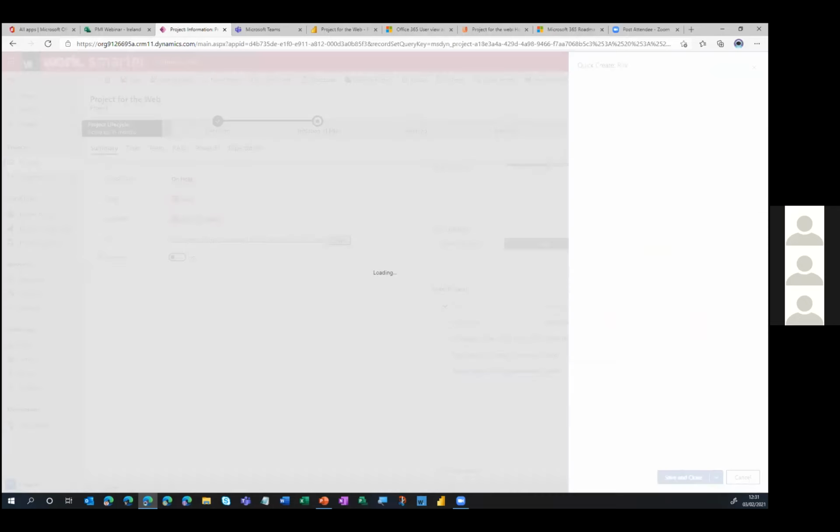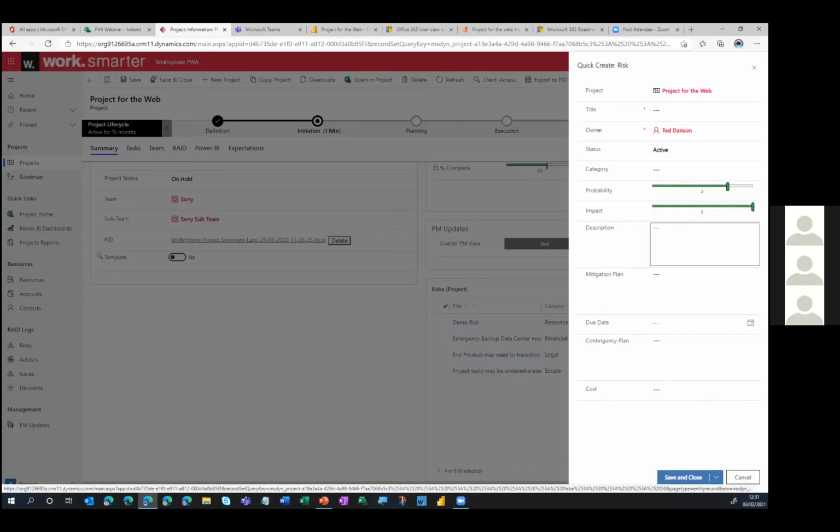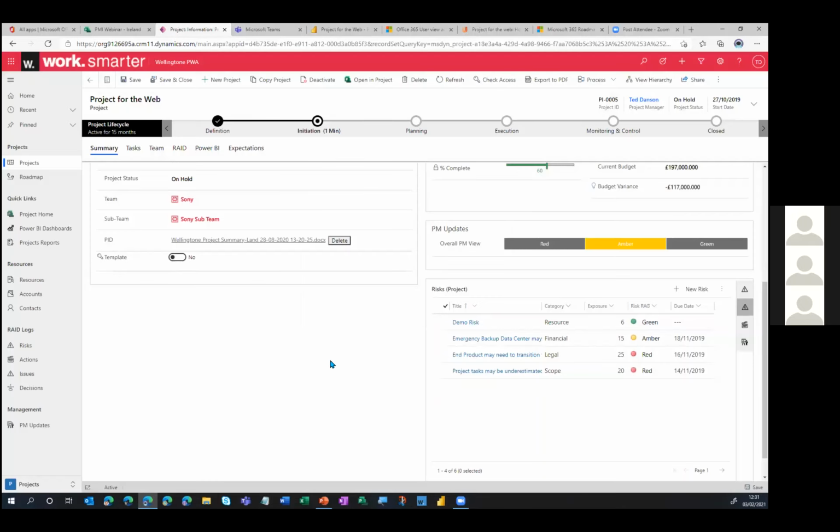I'm going to click on that, and straight away you're going to see this form pop up. And this form, again, gives you an example of what could be done. We can tailor and mold these as well to your ways of working. So if you've already got existing RAID logs in place and they're very unique to your way of doing things, then again, we can replicate those using Power Apps. I'm going to cancel out of this and discard the changes that I've just made there.